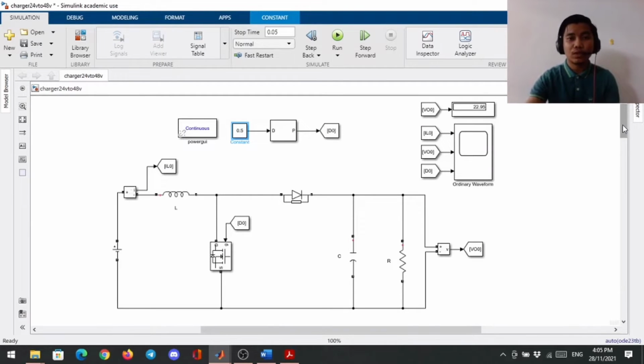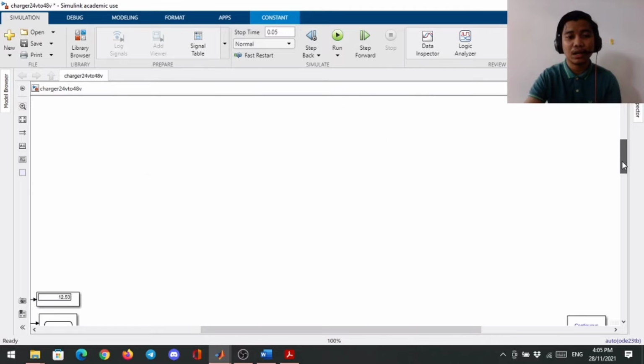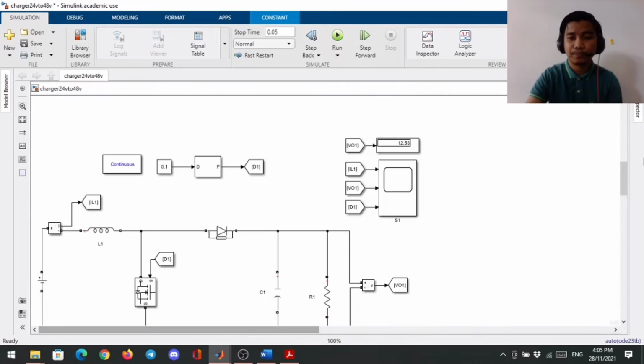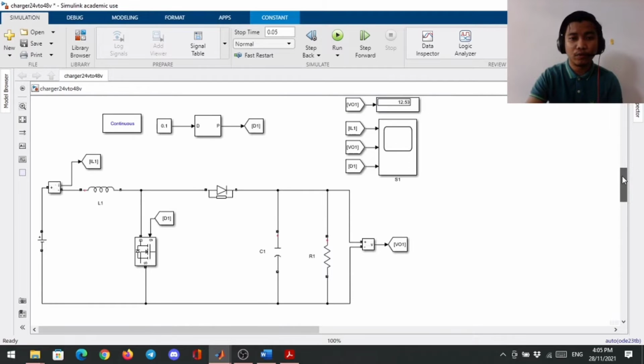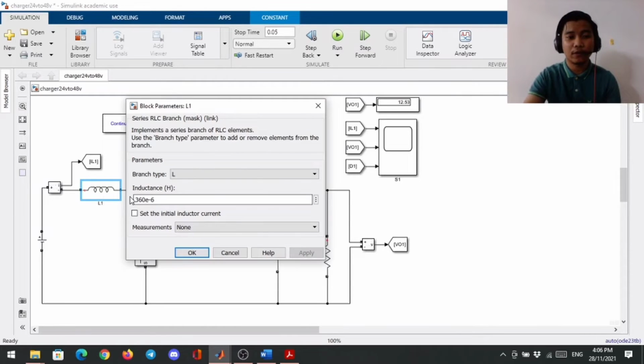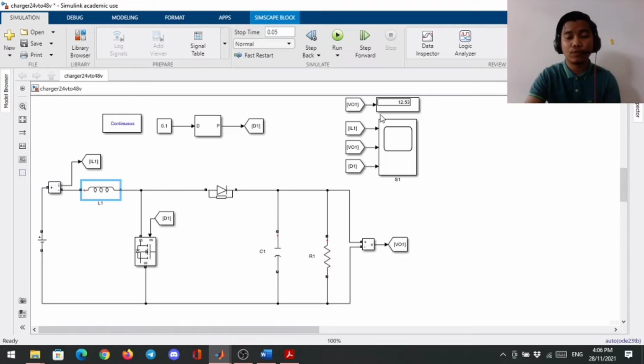For the second step, we need to boost from 12 volt to 50 volt, so we need to change the value of the inductor to 10 times the actual value, which is 360 microhenry, over here. We also need to vary the duty cycle from 0.1 until 0.8. So the inductor has been changed to 360 microhenry. For the duty cycle 0.1, the output boost voltage that has been produced is